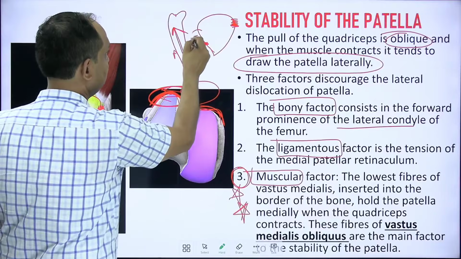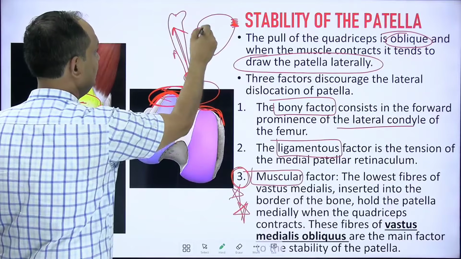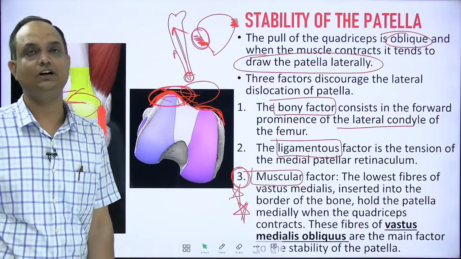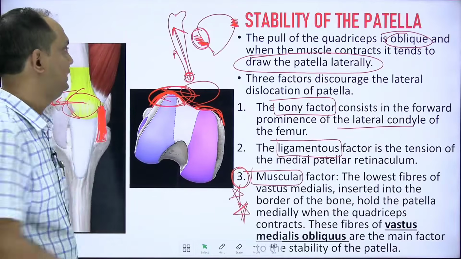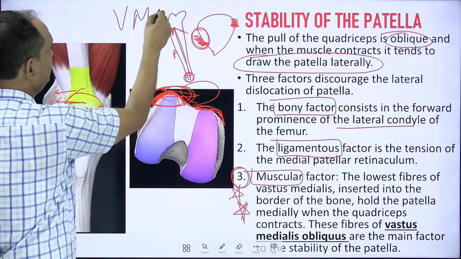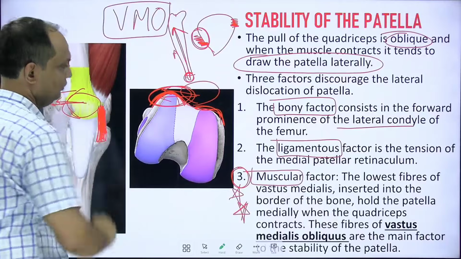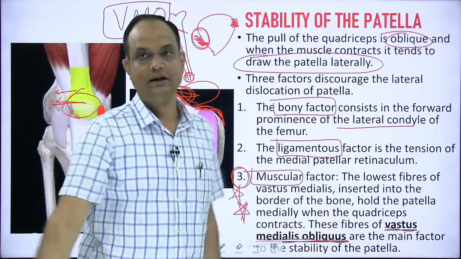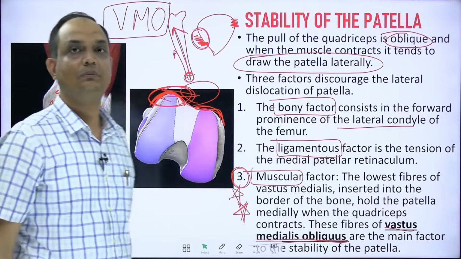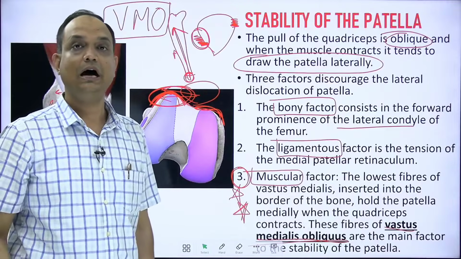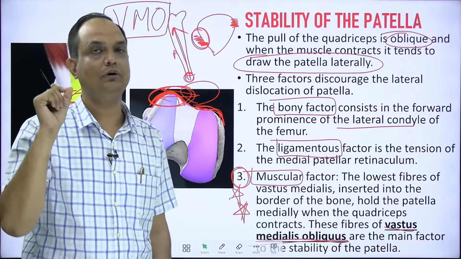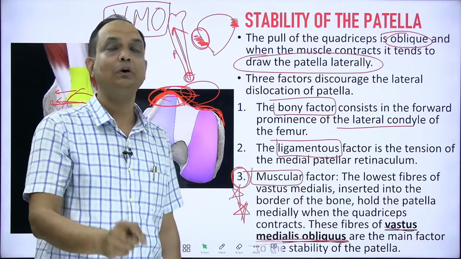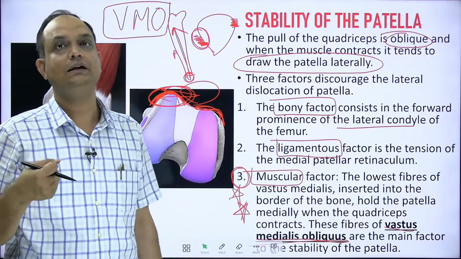Now, these fibers of the vastus medialis that have the lower attachment on the patella are known as VMO. What is that? VMO. Here it is written vastus medialis obliquus. Now, these vastus medialis obliquus muscle fibers are a very important factor because they pull the patella medially and they prevent